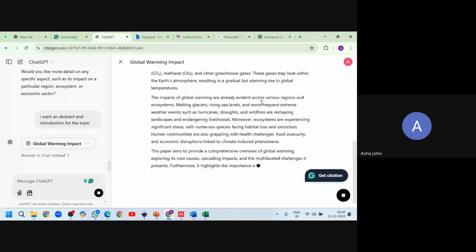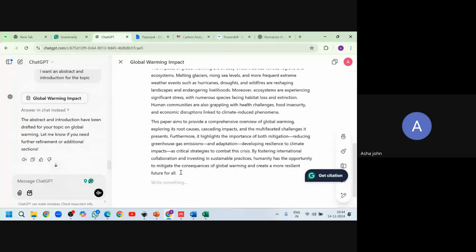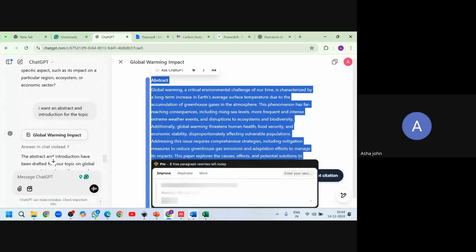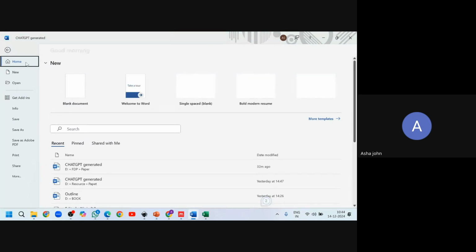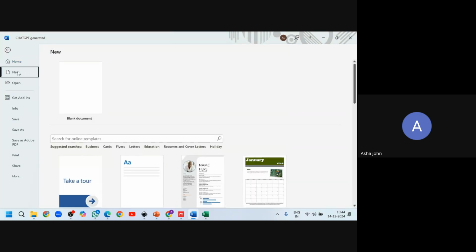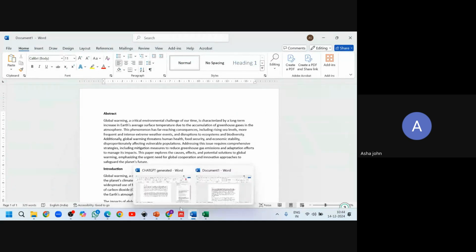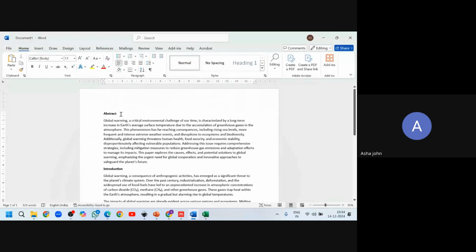I just wrote one line and ChatGPT is giving me so many lines here. Okay, so this is one that was generated using ChatGPT.